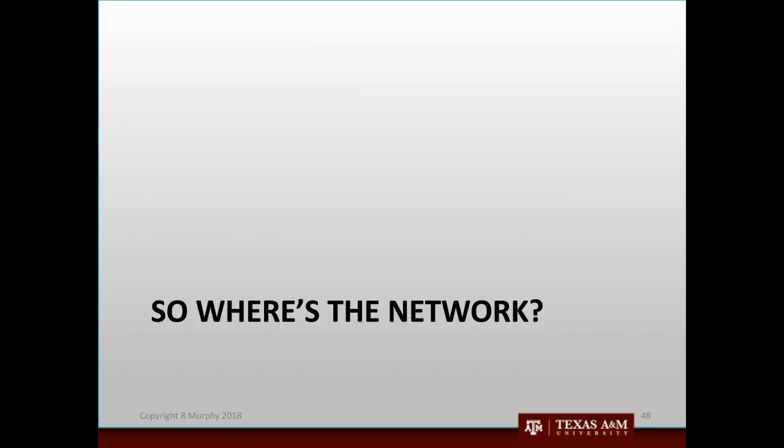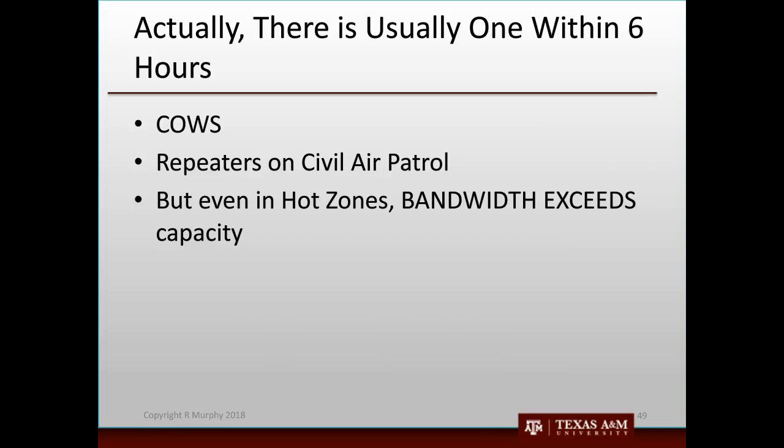So let's talk a little bit more about networks and wireless. You actually do have networks after a disaster, at least in the United States. Certainly Maria was an example of that. What they found is that the telecommunications companies will bring in the COWs, the cell towers on wheels. They're pretty good about pre-staging. And even if regular people, civilians, don't have access to them, they try to prioritize getting it to the emergency responders. And there's a new program from the Department of Commerce creating a whole LTE network just for first responders called